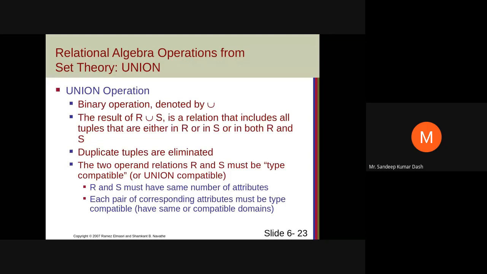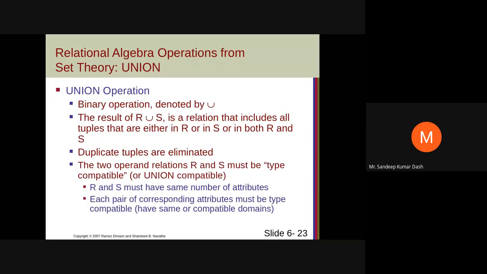Before you go on to union operation, there is a concept called union compatible. Union compatible means on those relations which you are applying these union or intersection or something, they should be union compatible. That means they should have the capability to be applied on this type of operations. That means union can be applied or not. First you have to check. How to check whether two relations can be applied with this union operation or not? Now they should be union compatible. Then what is union compatible?